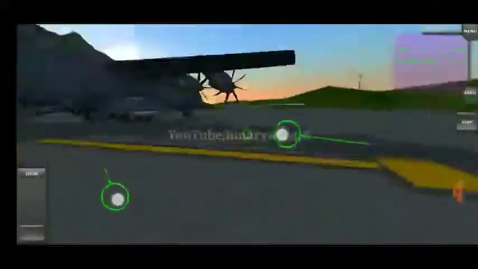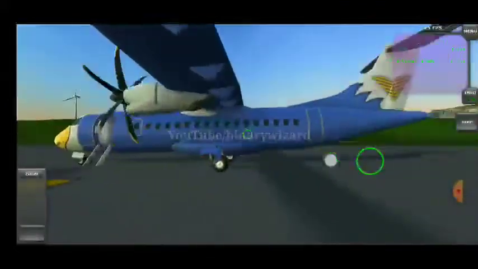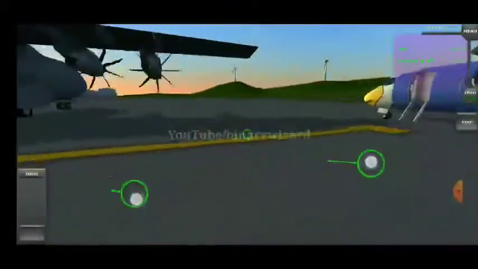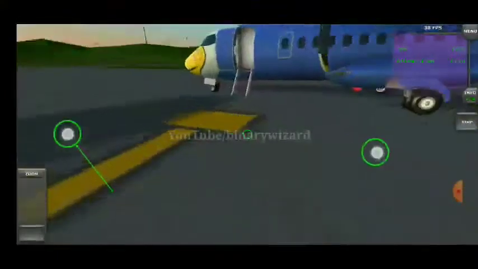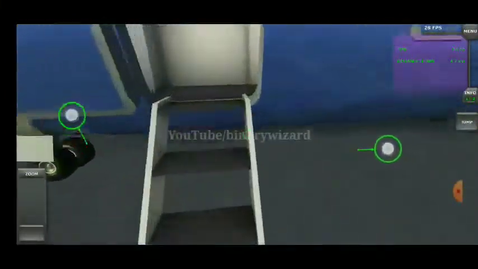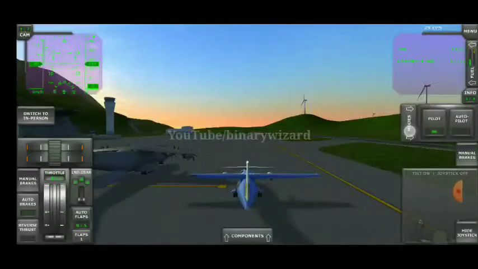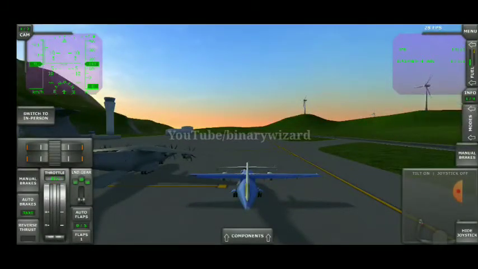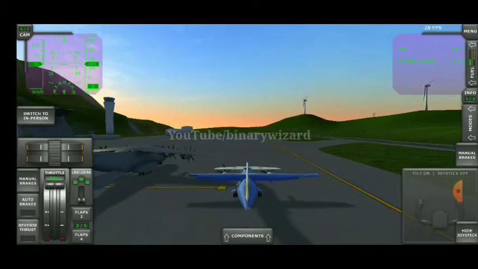Okay. Today I'm going to show you how you can create a ghost plane, which is this. So first of all, we need two planes around like this. So go to your first plane and click on pilot. And as you can see, it's on pilot, not autopilot. Okay. And if I place the taxi and full flaps, no, three flaps. Okay, press on full throttle and switch to person,